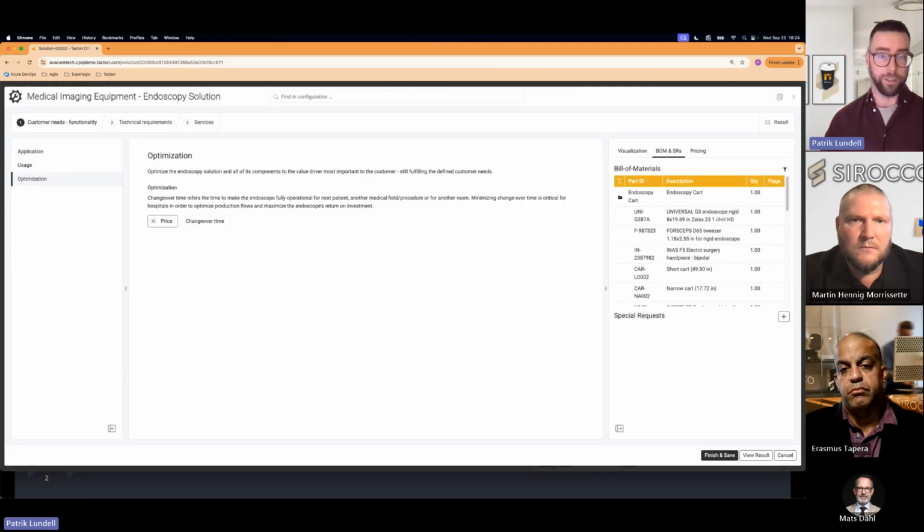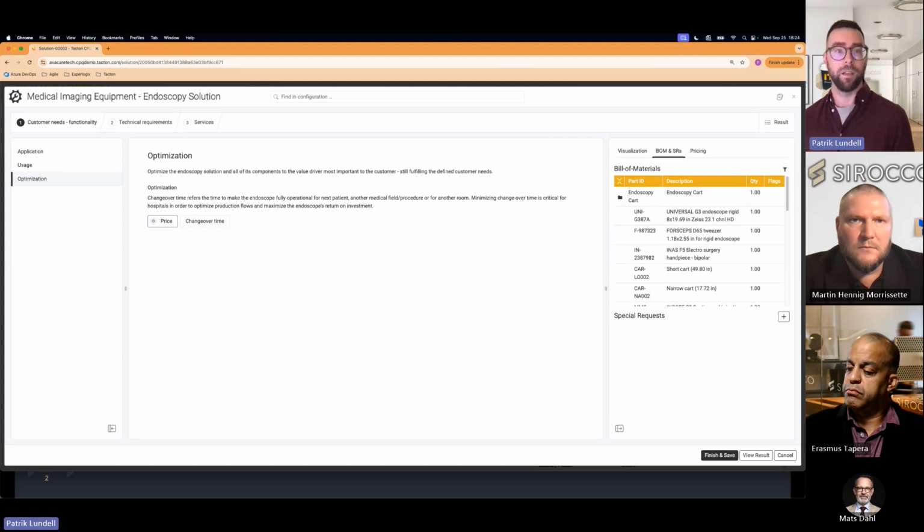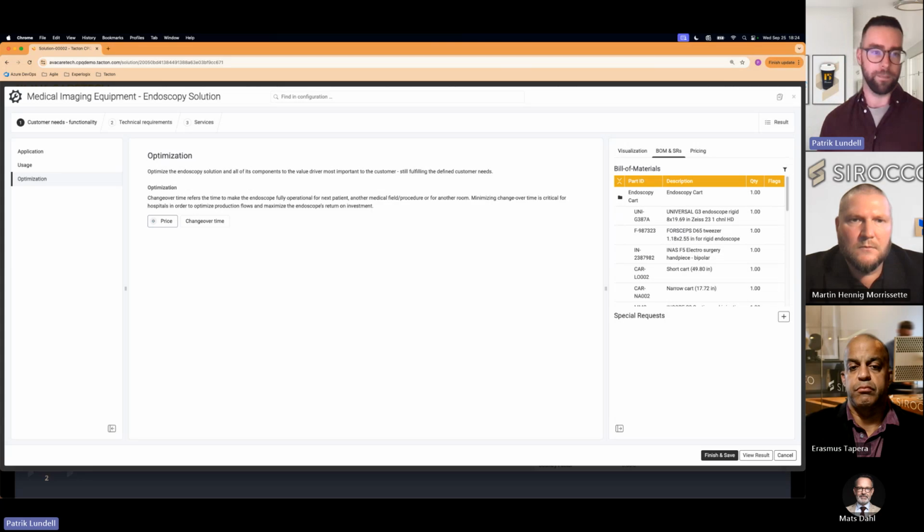Another function of Tacton's configurator is you can optimize your solution based on different criteria. So in this specific example, by default, we said that Tacton should always put a solution together based on price. But in this case, maybe we have a customer that prioritizes changeover times instead, so that machine can handle more patients in a day. So if I click on Optimize for changeover time,